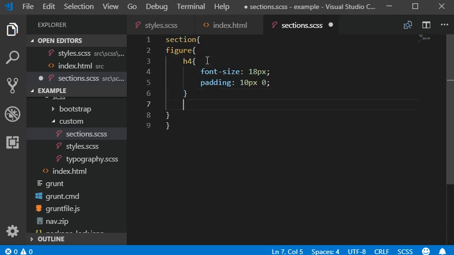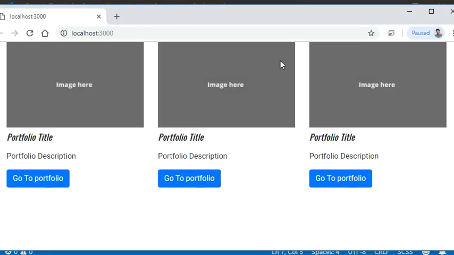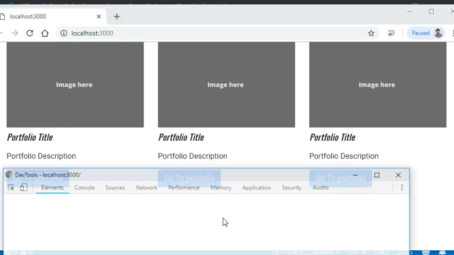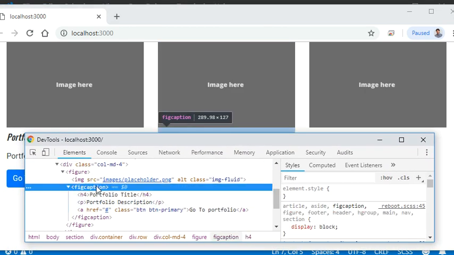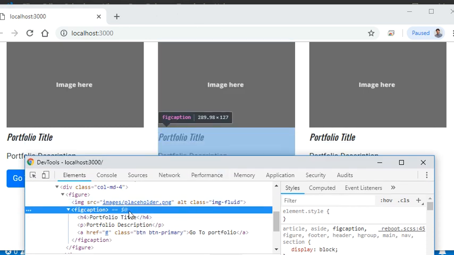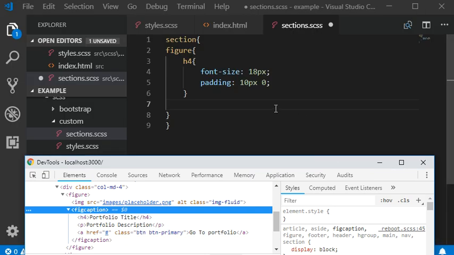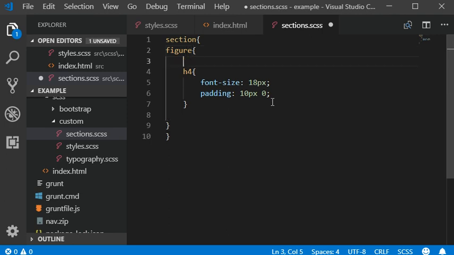because we don't need to add padding into our image space, which is this one. By default it is getting the space of grid cells, but we need to add spaces from the left and the right. So you can see the figure caption which has the heading, paragraph and then hyperlink. You can simply go to the figure caption